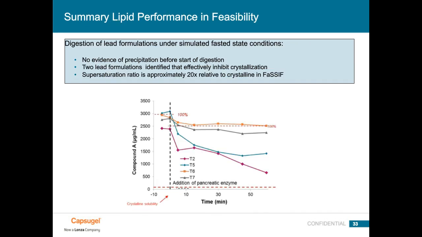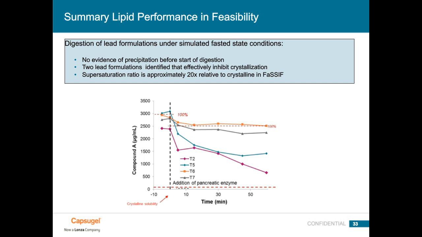Looking at several different formulations and using the digestion test I described earlier as the final way of selecting our optimum formulation from a list of formulations that were developed. And so in this test, the drug is initially dispersed in something similar to a fed state medium, and then at the dotted line, where you can see the vertical dotted line is the addition of pancreatin enzyme, and the formulation begins to be digested. And we can see how drug sustainment follows versus time.